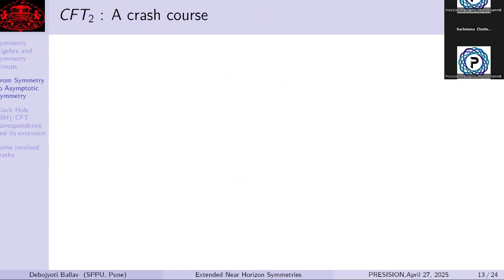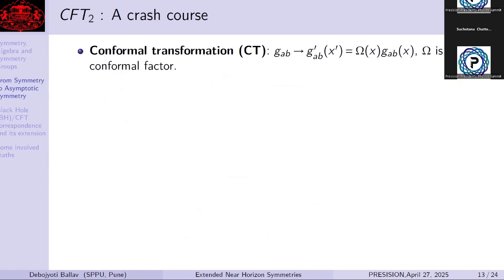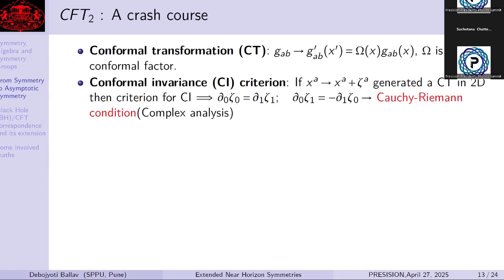Okay, now we switch gears a little bit and go to CFT, the conformal field theory. We will talk about 2-dimensional CFT in a very short span. There are transformations which we call scaling transformations, which make the metric invariant up to a scaling factor. If we transform the metric from one coordinate to another, the metric is just scaled by some scaling parameter, called the conformal factor, and this is called a conformal transformation. We make transformations in the coordinates, going from x^a to x^a plus xi^a, where these xi^a are the generators of those conformal transformations.